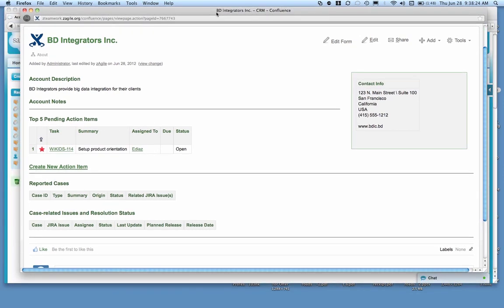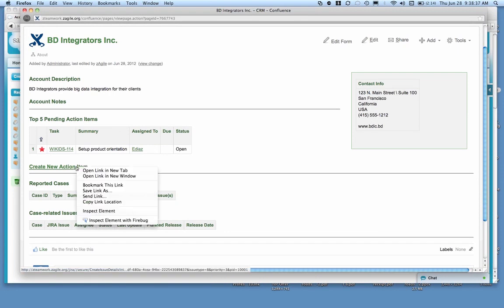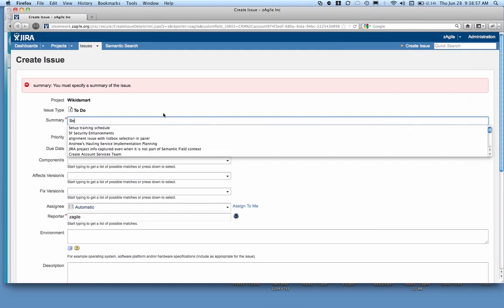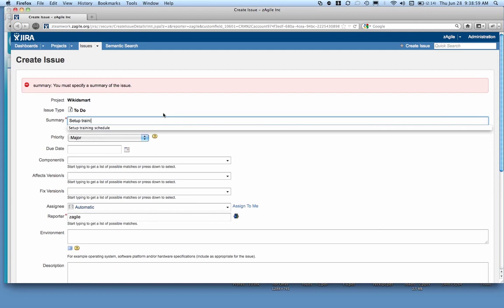So that's the level of integration. Now you're seeing 3 applications or information from 3 applications that is coming together on a single page here. You can also, for example, create action items here. So if you don't want to spend too much time within Salesforce itself, or if there are people internally that want to coordinate various to-do activities related to a customer or create other task types, you can do that from within Confluence page itself. So here we will do another one, say, set up